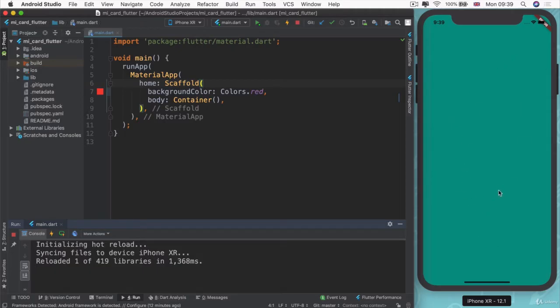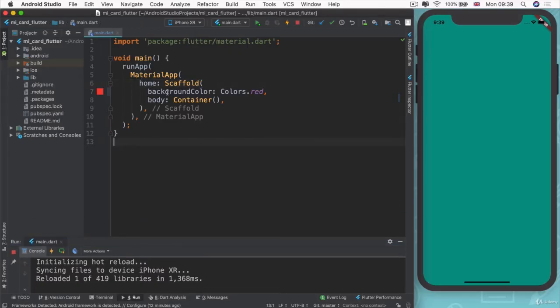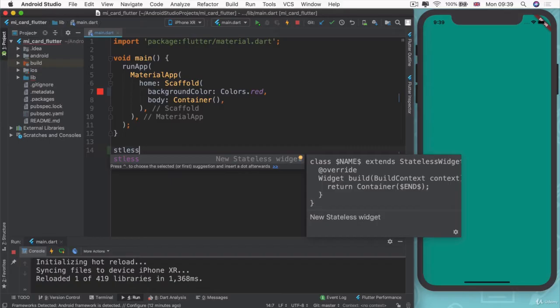Why hasn't it changed? Well, the reason is because for hot reload to work, we have to have the things that we've changed inside a Flutter stateless or stateful widget. So let me show you what that looks like. In order to create a stateless widget, there's a really quick shortcut that Flutter gives us, which is if you type STLESS, so stateless, I guess, for short,